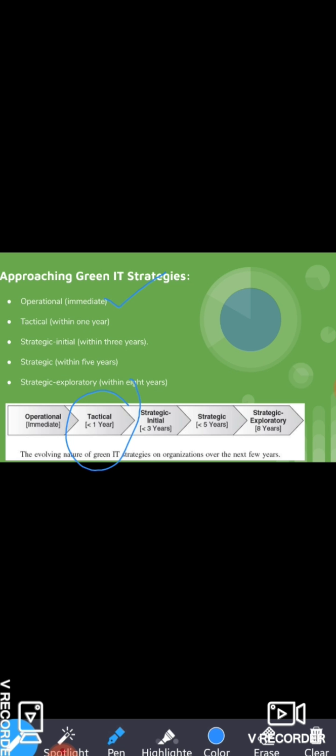And this is the second tier, that is tactical. So it is applied within 1 year. At a tactical level, the organization needs about 1 year to build up its ability to reduce carbon emissions. For example, these tactical actions include the replacement of the organization's